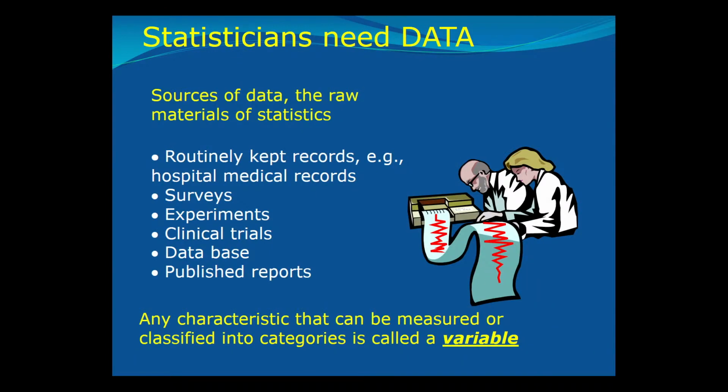Statisticians need different types of data. There are different sources of data, the raw materials for statistics. The sources are shown on this slide. Routinely kept records, for example, hospital medical records or electronic medical records, different types of surveys, scientific experiments, clinical trials, databases, and published reports. All the sources are used to